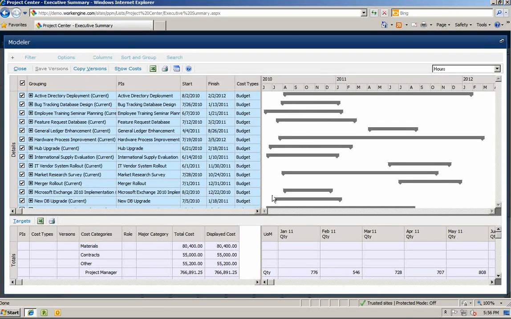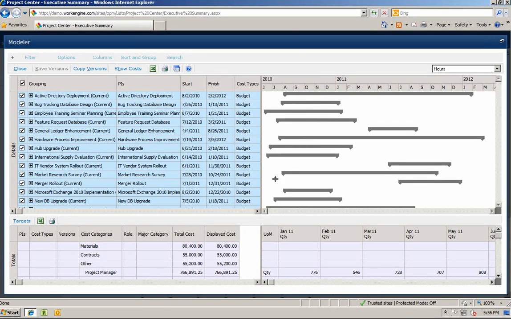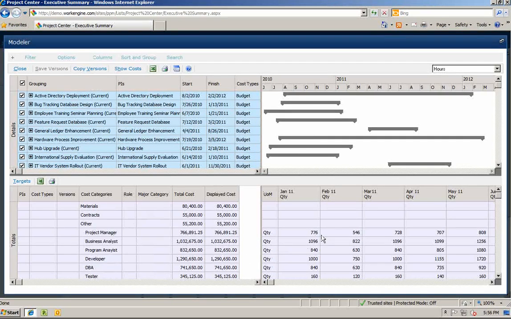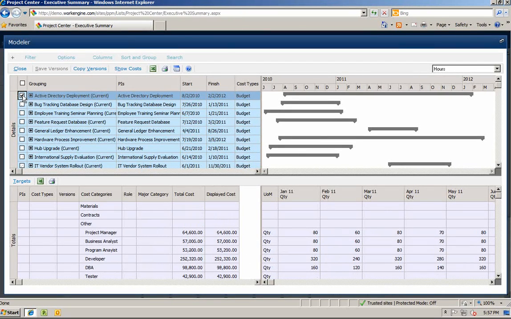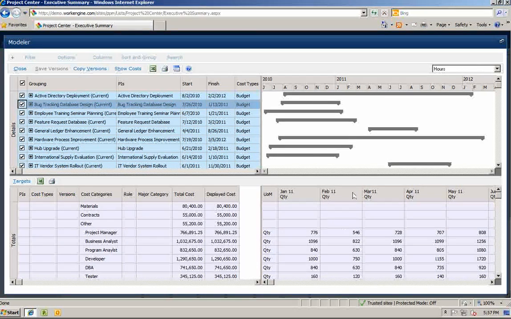Below you will see the different roles and the number of hours committed to those projects. You can also narrow down your view by clicking on an individual project. If you want to see these hours in FTEs, you can switch views in the top left-hand corner. You can now see that I need a minimum of 5 FTEs to fill the project manager role in this